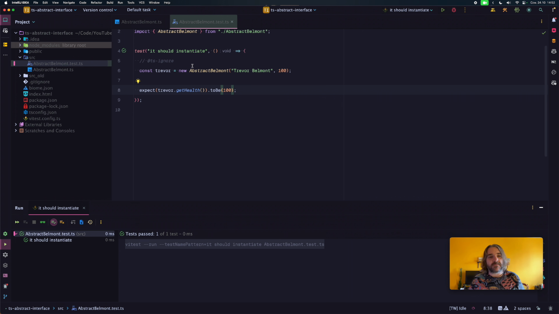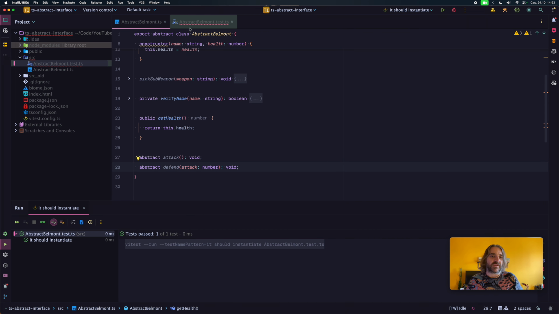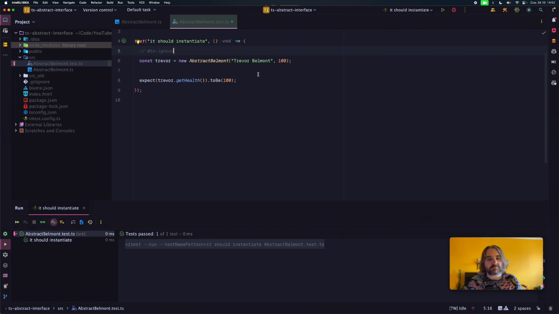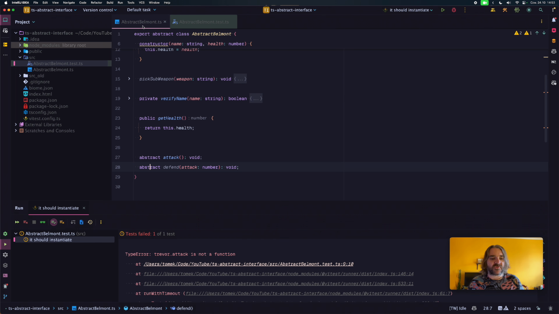So this line right here is just syntactic sugar. But what will happen if we run an abstract thing? So let's go back here and let's just go Trevor attack. And it will simply say not a function because it's not visible to JavaScript unless it is defined,